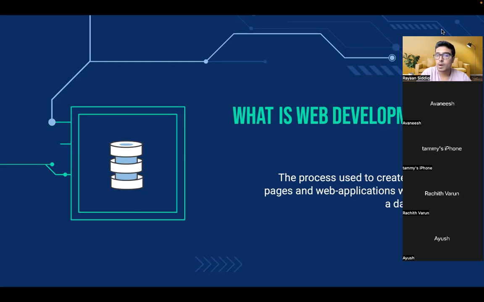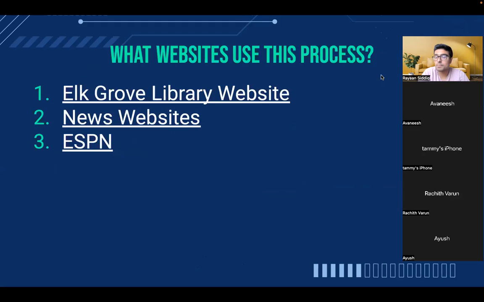So going back to what is web development, we're talking about the dictionary definition, which is the process used to create web pages, which we use on a daily basis. Well, that's a pretty boring way to put what web development is, because in fact, it is something much more involved. You see, web development is the process which allows us to have so many websites available in the world. Web development is what allows us to simply put google.com, make a search, and see any web page we want. And it is all because of that idea of web development.